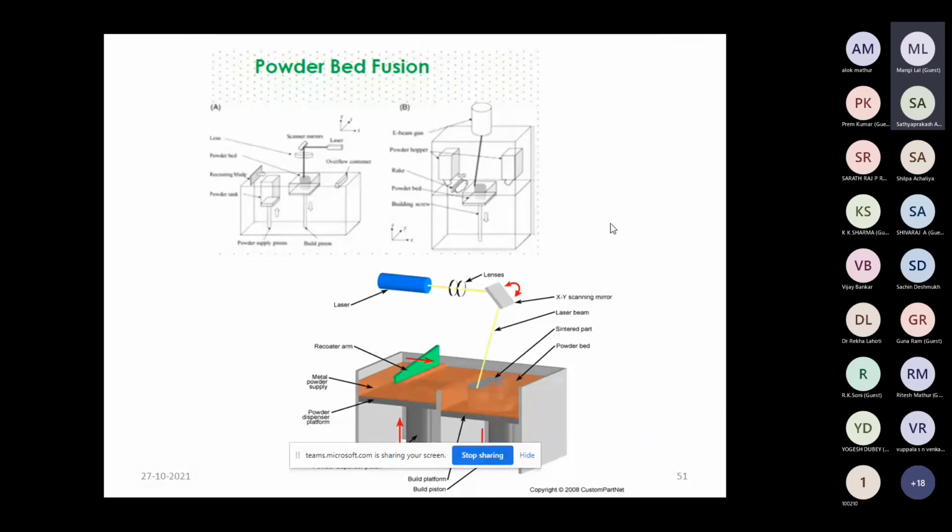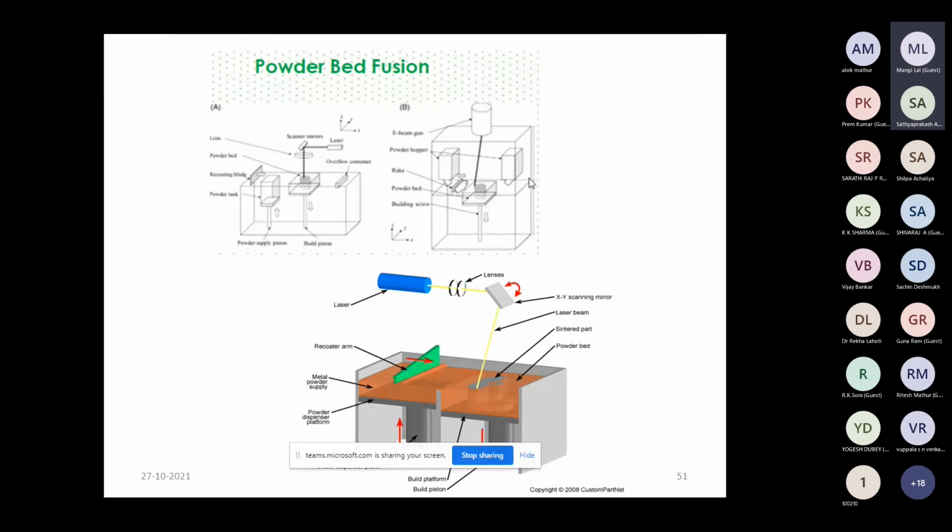The second method is shown in the above figure, figure B. In this figure, the powder is supplied in a hopper, and initial fusion is done in this hopper. Then the hopper provides this powder on the platform, and with the help of a laser or electron beam gun we can fuse this powder, and the building platform is lowered according to one layer thickness.